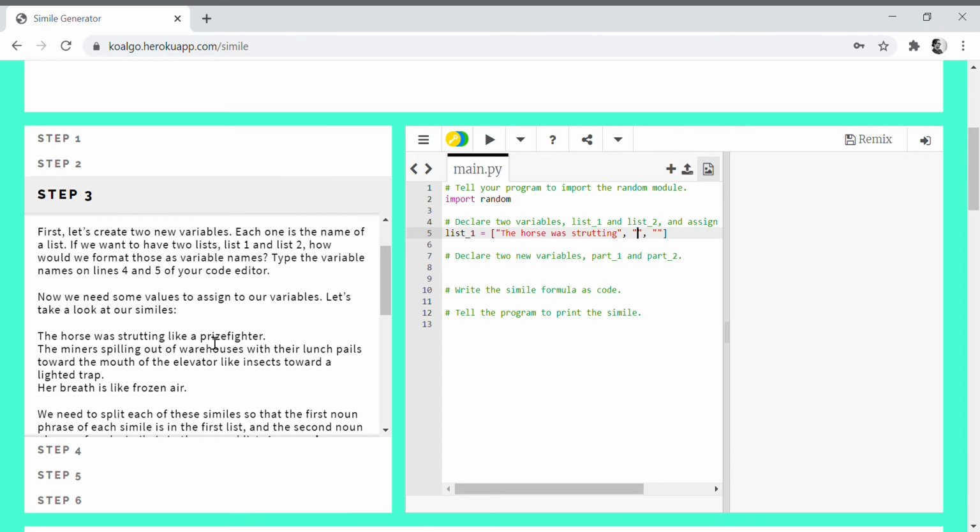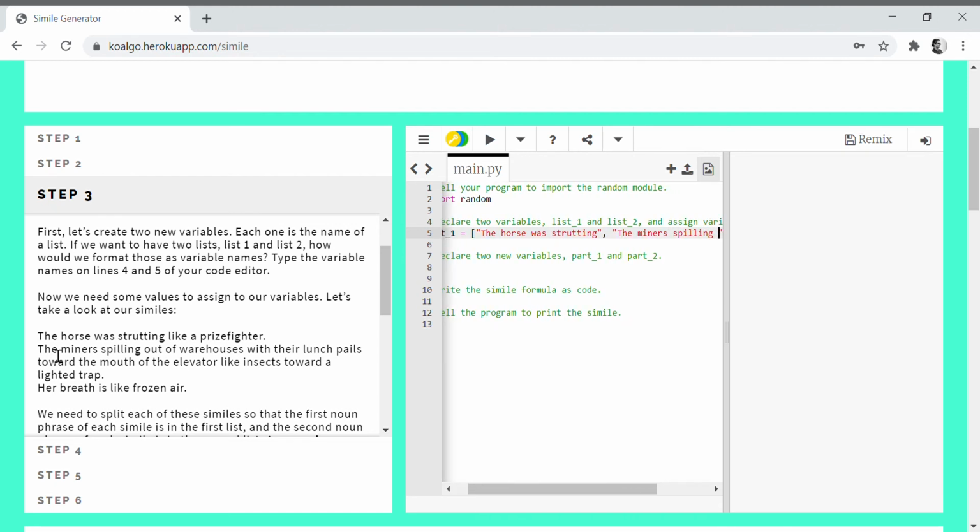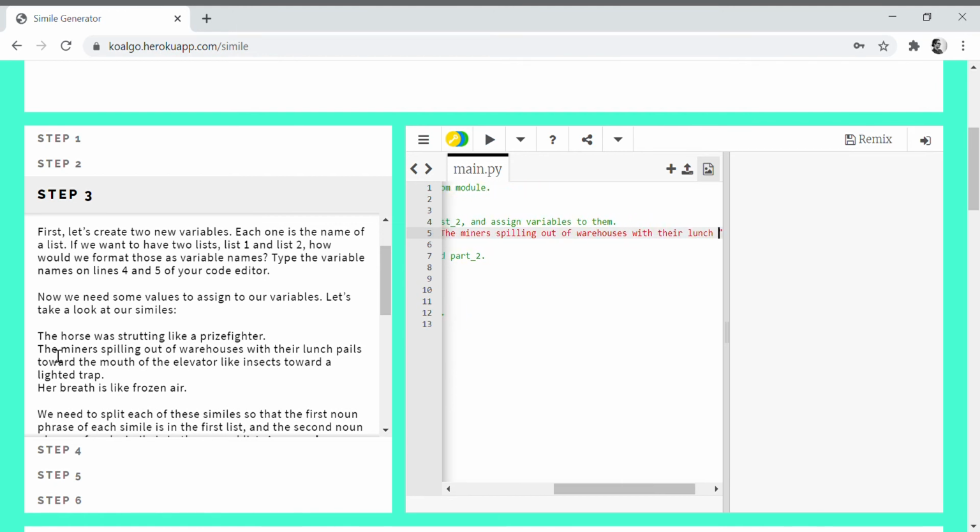So now we need to do the first noun phrase from the second simile. So we're going to do the miners spilling out of warehouses with their lunch pails toward the mouth of the elevator.